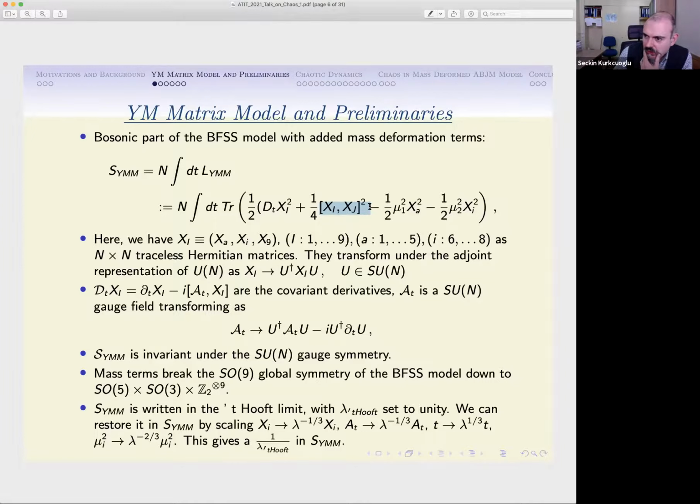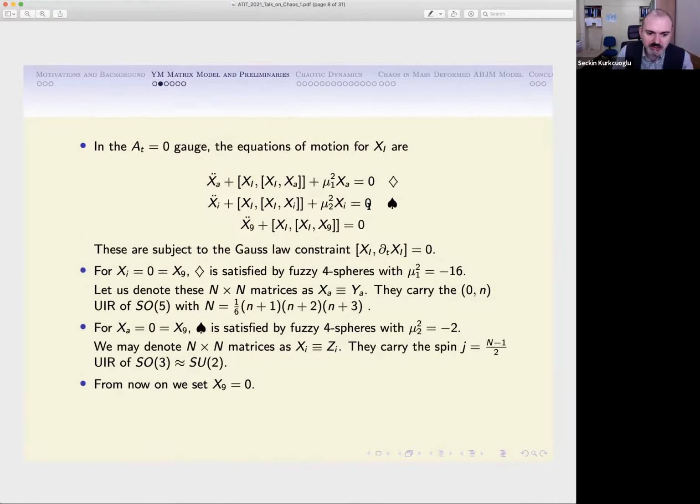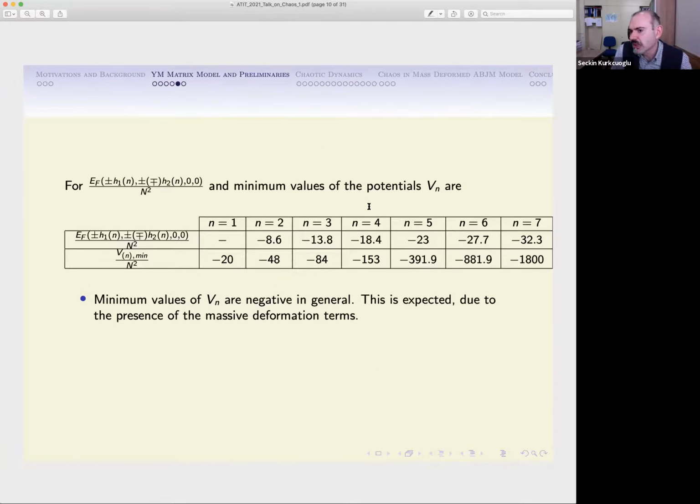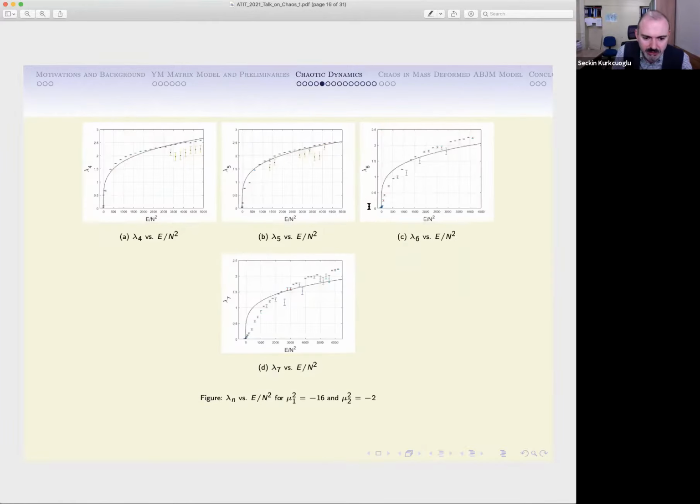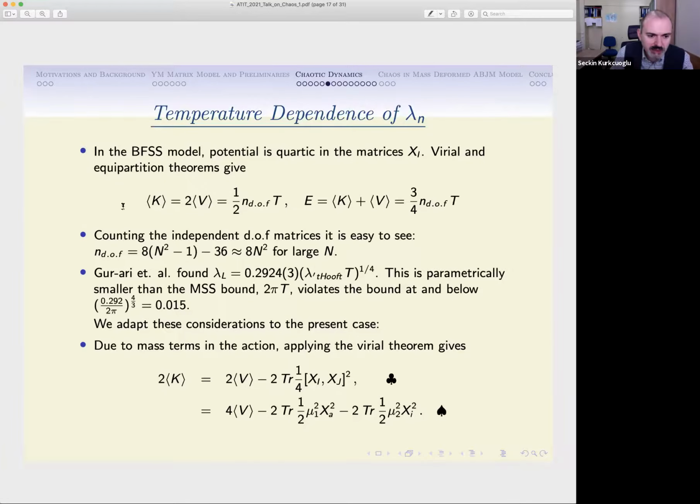So it's a homogeneous polynomial of the matrices X, of power 4, which means that the virial theorem, just as if you had written a potential like X to the power 4 only, works out completely fine, and you get that the average kinetic energy is twice that of the potential, and this equality is simply the equipartition theorem, and this